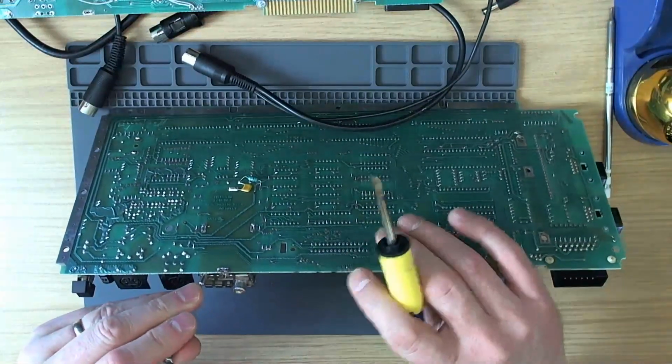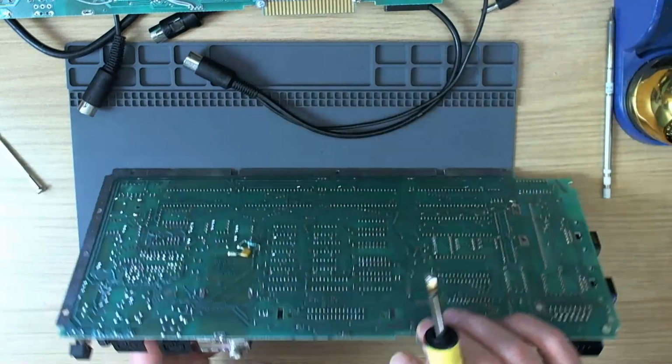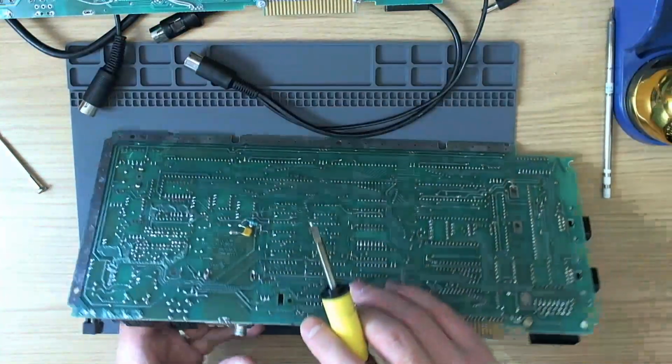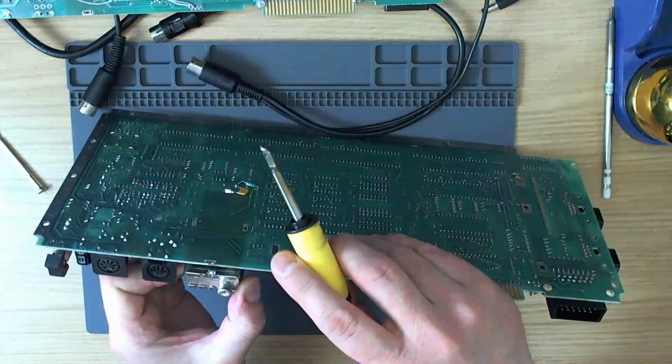Right, so the back. See, the back's lifted up now already. The back's free. Now we can work on these two side ones. And the extra thermal mass, there you go, it's off. The extra thermal mass on this tip, it just stops the